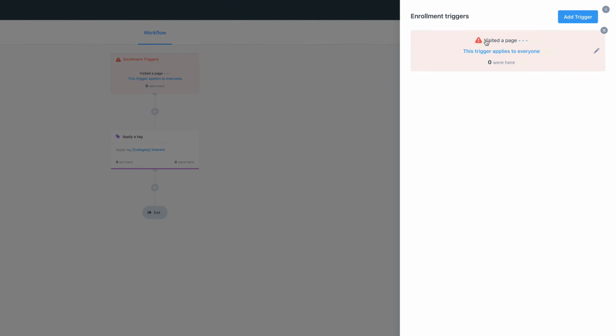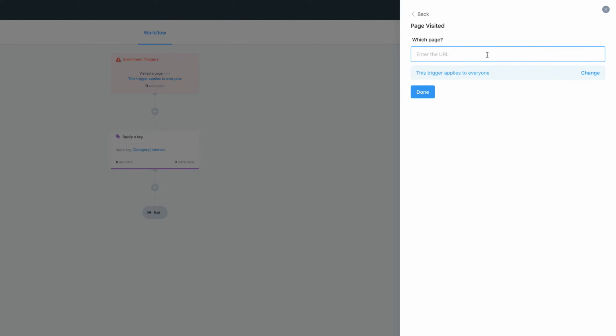and it's visited a page. So when someone visits a certain page on your website, let's say you're an e-commerce company and somebody visits your ladies wear shirts. Well, you want to apply an interest tag that they're interested in shirts for ladies. So then you will edit this and you'll type in the relevant URL. So if it's your site / ladies wear or ladies wear shirts, whatever it may be,